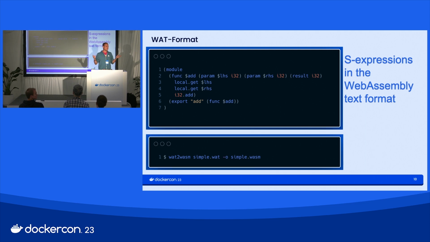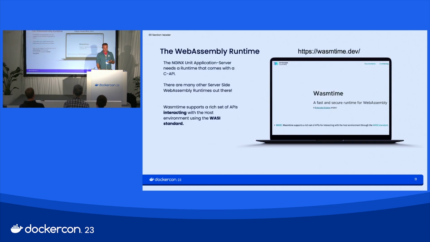Great, so now I have a binary file. What's next, right? That was my next logical thing. So what can I do with it actually? The next step was basically to find a runtime that can run this file, that can execute what